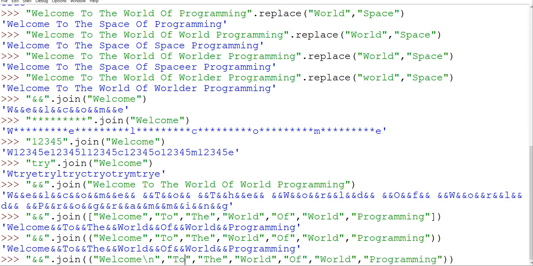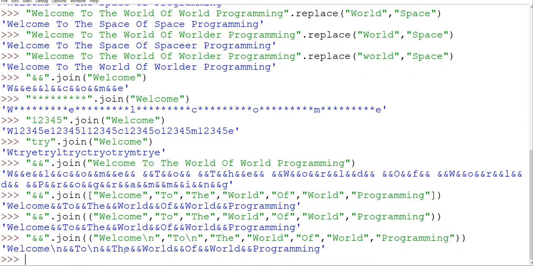We'll cross check that also. If we add \n, it's not working over here. Okay. One more thing I just wanted to discuss with you. If we give something instead of a string, because when we talk about tuple and list, we can give something different, right? Suppose I am giving here 1, 2, 3, 4.